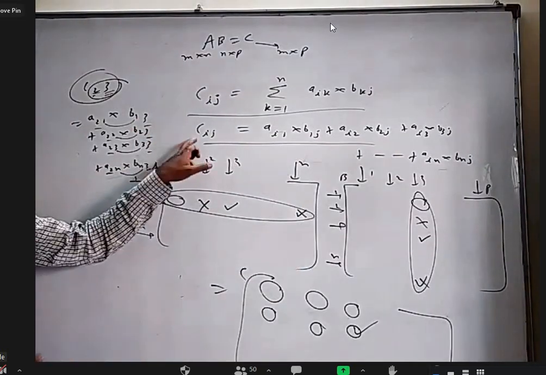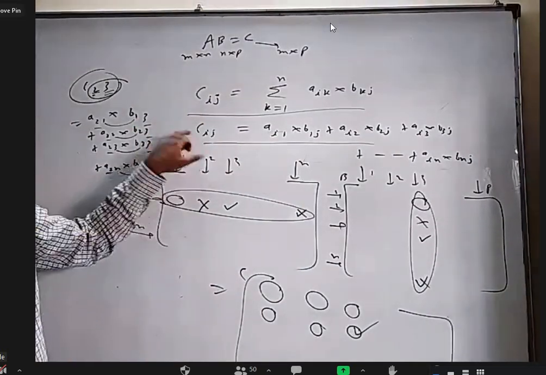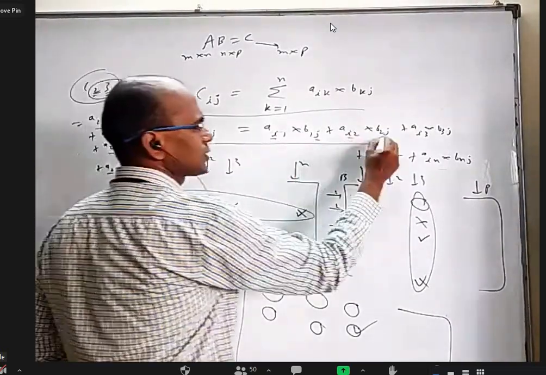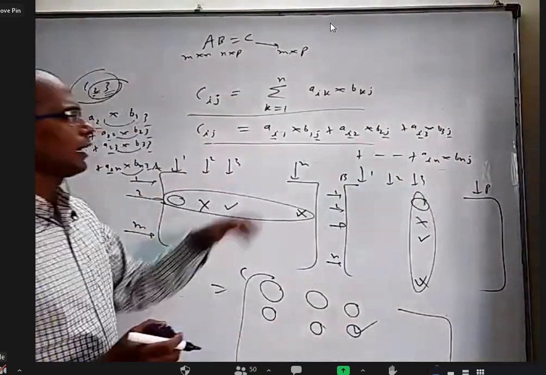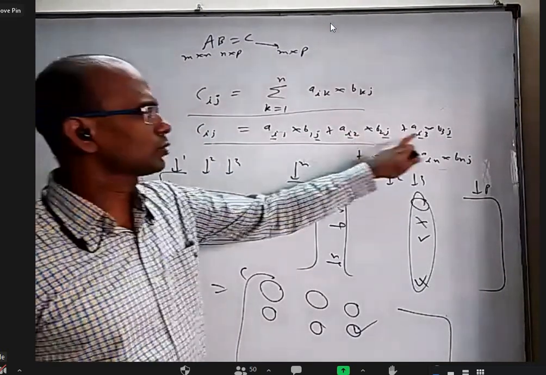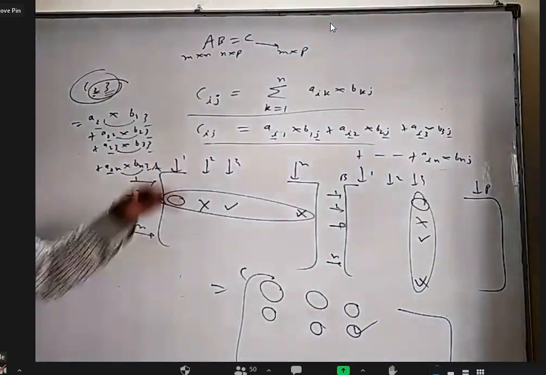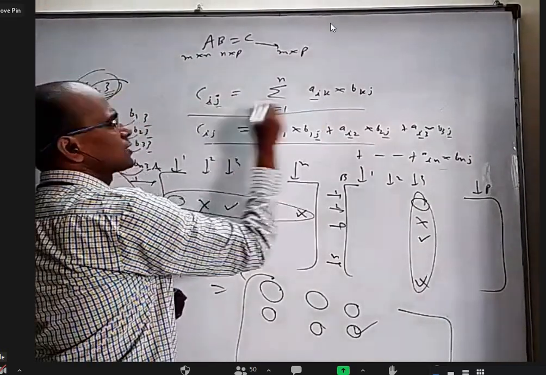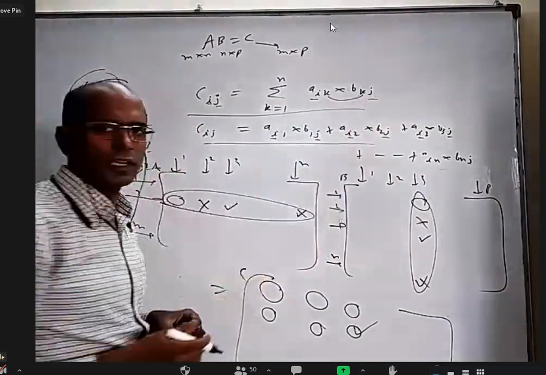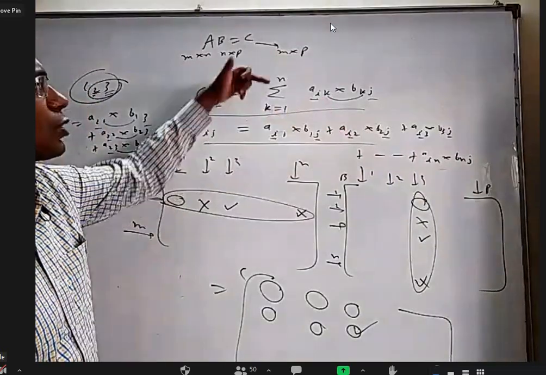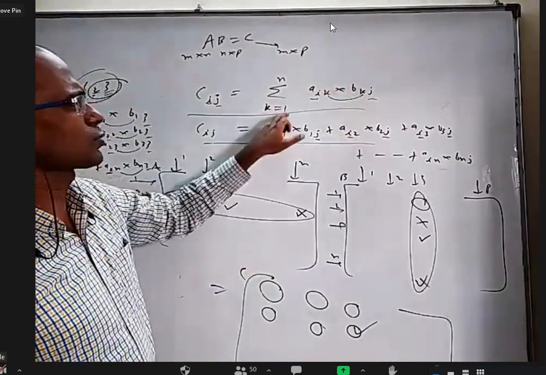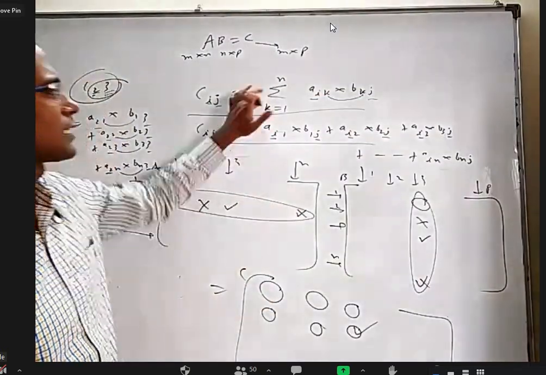You see, if you want ith row, jth element in the final matrix, it should be i here, j here, i here, j here, i here, j here. And one time this will be 1, one time it will be 2, one time it will be 3, finally it is n. This one only they wrote in sigma form, where this i is fixed, this j is fixed, but this k and this k are variable and they are going to vary from 1 to n. Substitute 1 there, that product. Substitute 2 there, that product. Substitute n there, that product.